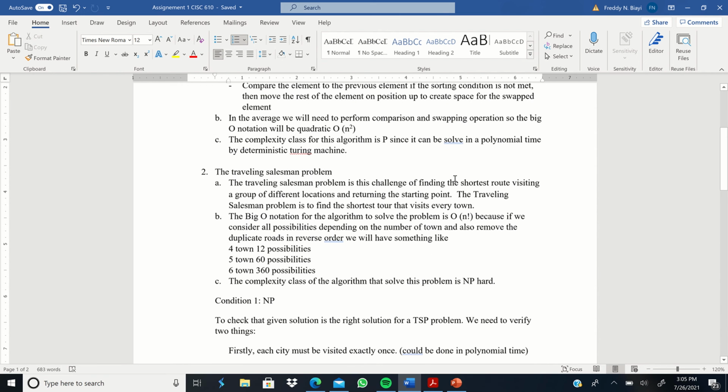The traveling salesman problem is a challenge of finding the shortest route, visiting a group of different locations, and returning to the starting point. The solution is done in factorial time. So the big O notation is O(n!), because if we consider all possibilities depending on the number of towns and remove the duplicate roads in reverse order, we have, for 4 towns, 12 possibilities, 5 towns, 60 possibilities, 6 towns,